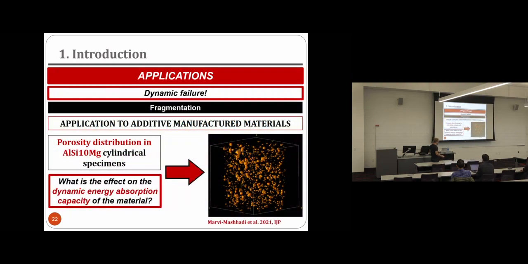So why were we using printed metals? Because again, it's easier to get funding if you say that you're going to test some fancy materials, and because they have this beautiful distribution of porosity. That probably for an engineer is not very nice, but for me it was essential to have all this porosity inside my specimens so I can really understand the effect of porosity.